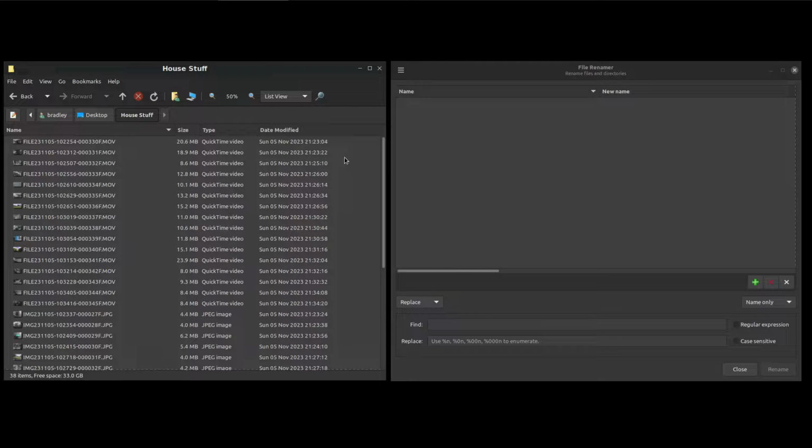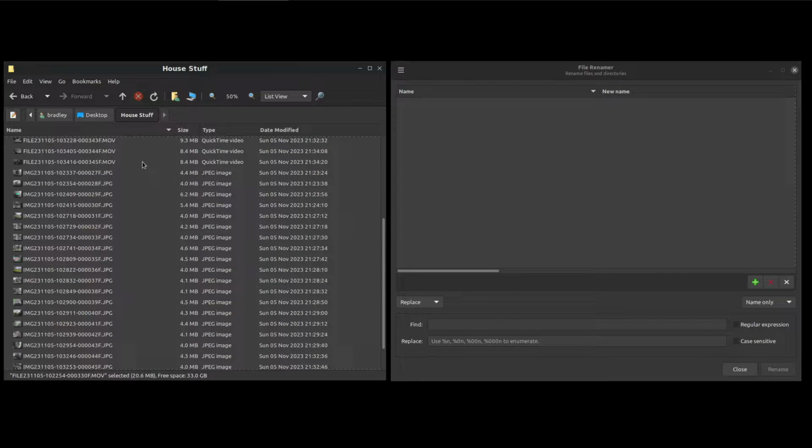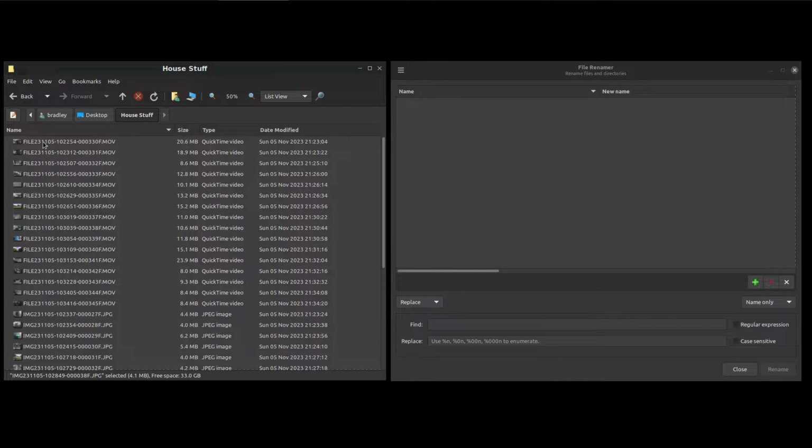I've been playing with a digital camera lately. As you can see, I've got quite a few videos or .mov files and pictures, JPEGs, and we can see the camera stamps file. This is the date, so 23/11/05. This is a timestamp in the center, and then it's just